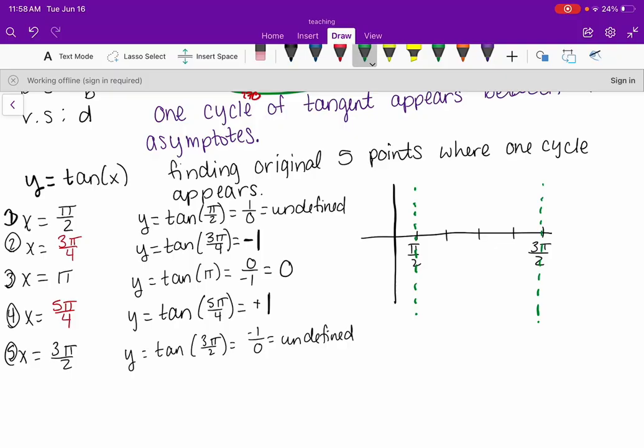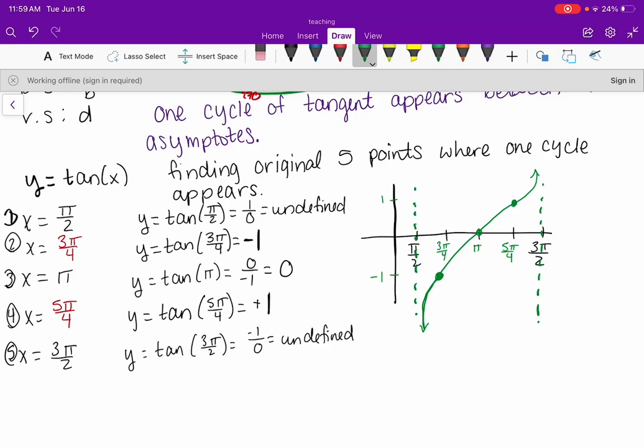So now I'm going to graph these so that I can see the picture of my graph. So I have negative 1 and 1. So if this is 3 pi over 4, pi and 5 pi over 4, I have negative 1, 0, and 1. And I'll show you what the graph looks like. It looks something like this. I may actually show you real quick on Desmos. Okay,